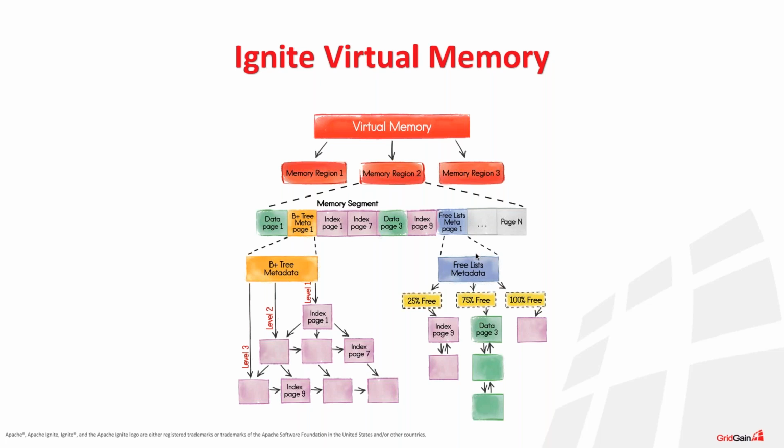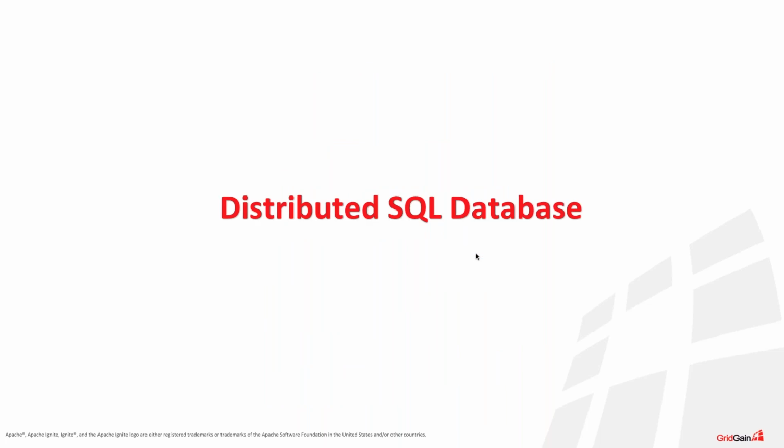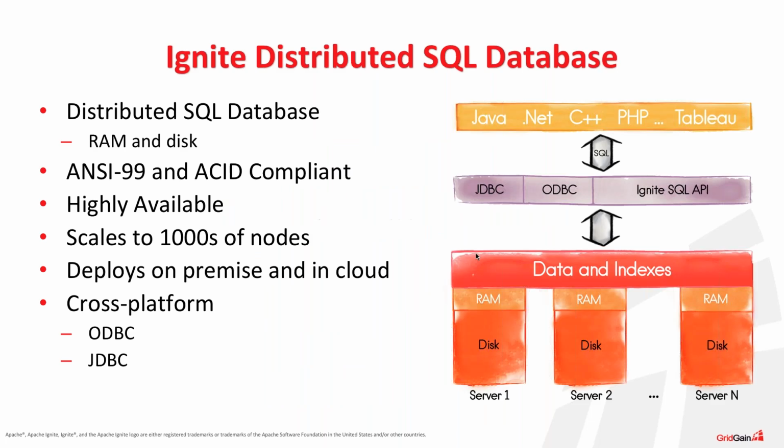Based on this architecture, specifically on this architecture, we were able to do advanced improvements in the Apache Ignite SQL engine. And this specific architecture allows considering Apache Ignite as a distributed SQL database. Now let's take a look at the main characteristics, probably the main features of that distributed SQL database.